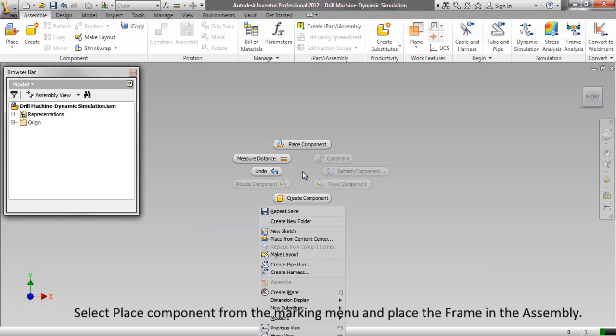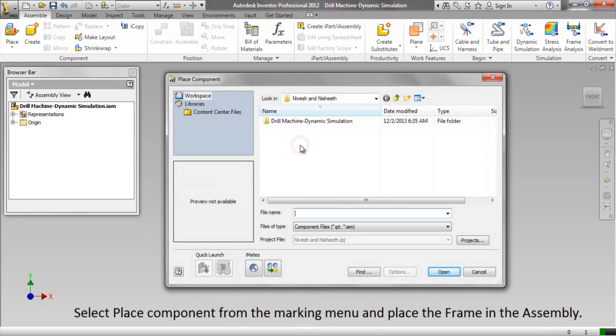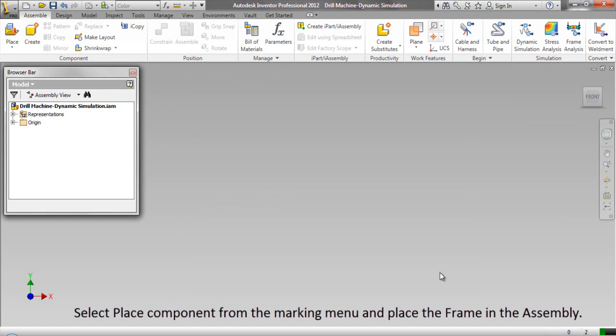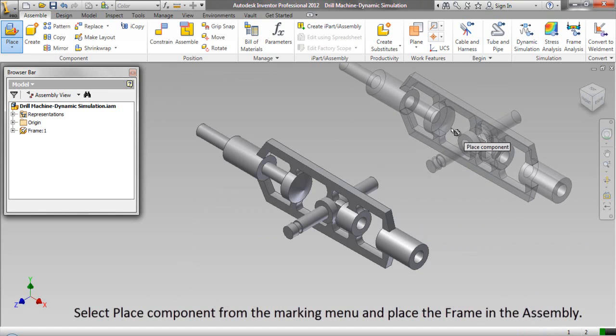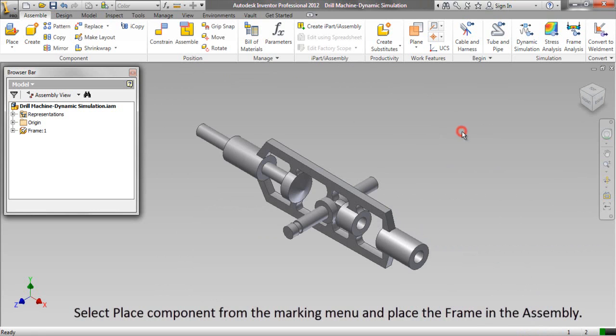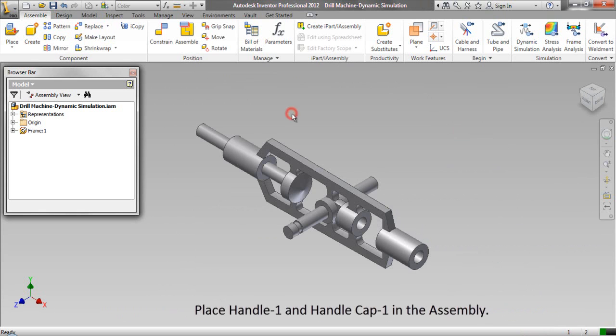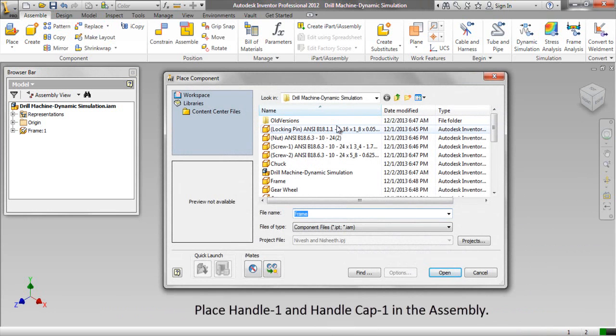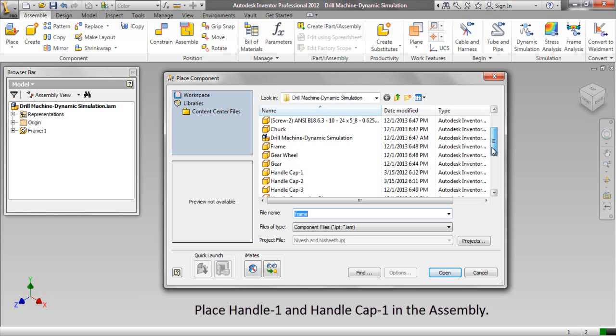Select Place Component from the marking menu and place the frame in the assembly. Place handle 1 and handle cap 1 in the assembly.